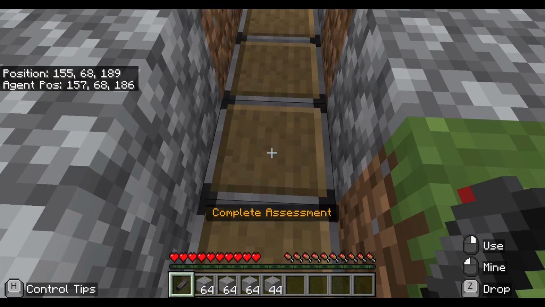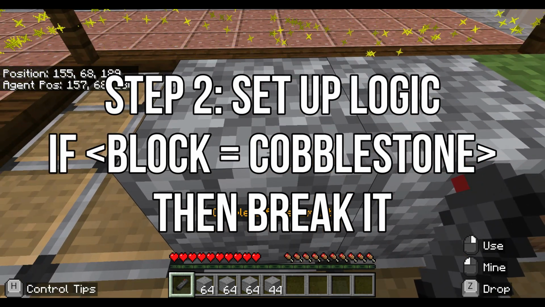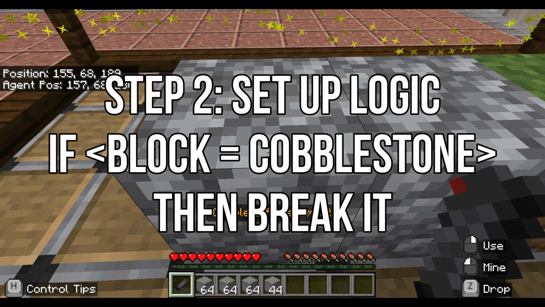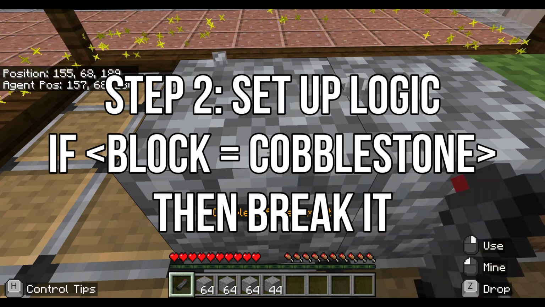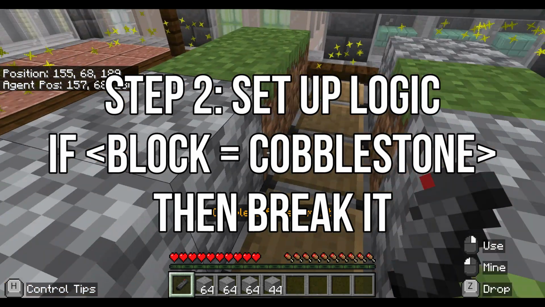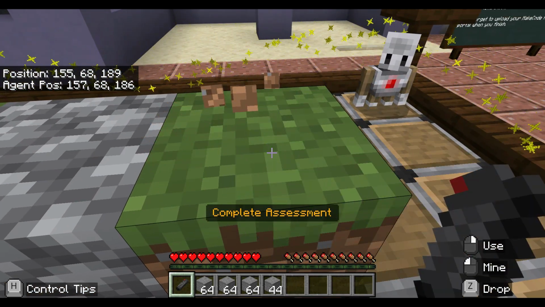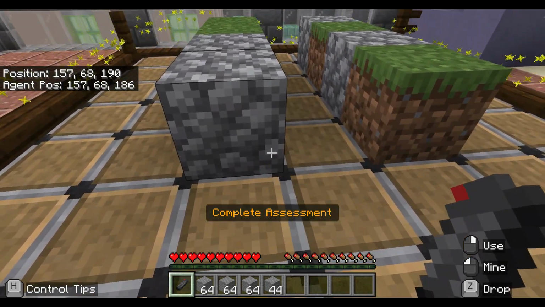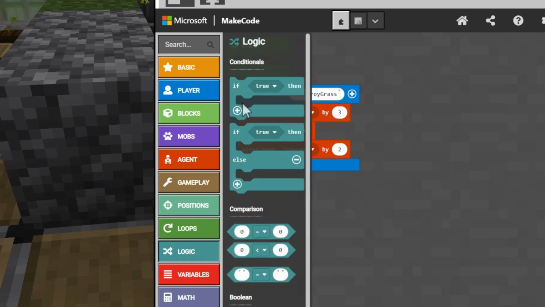All right, so step 2. Once he's here, we want him to check the block to the left. And if, that's a big word in computer science, if you recall, if this block is cobblestone, then break it. Check the block to the right. If this block is cobblestone, then break it. So let's do that part first. So we got him in the right spot. Where do we find the if? Well, that's logic, right? So if,